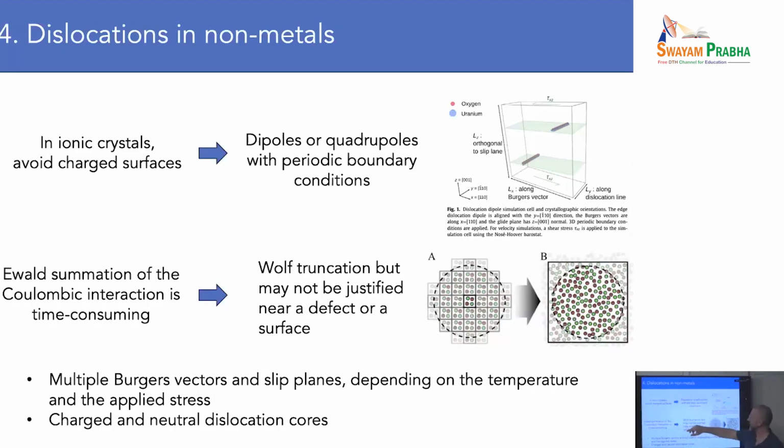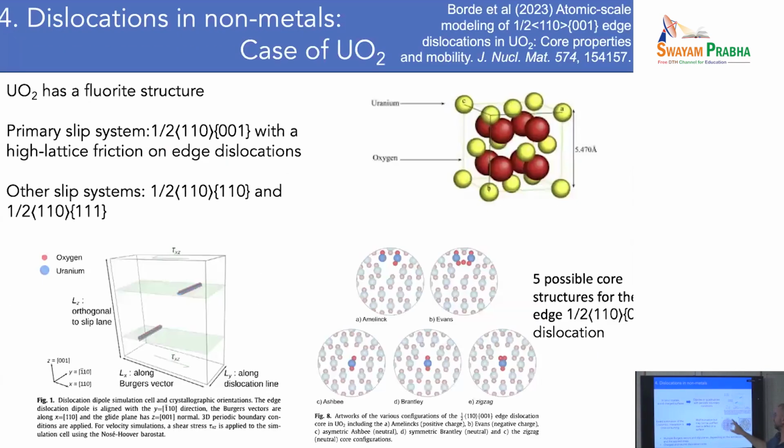Now, because these non-metals are always compounds with charged particles, you get a whole variety of Burgers vectors, slip planes, and core types that can be charged or neutral. Same thing this afternoon: one of the exercises is on UO2. I worked on this a few years back. We worked on uranium oxide,